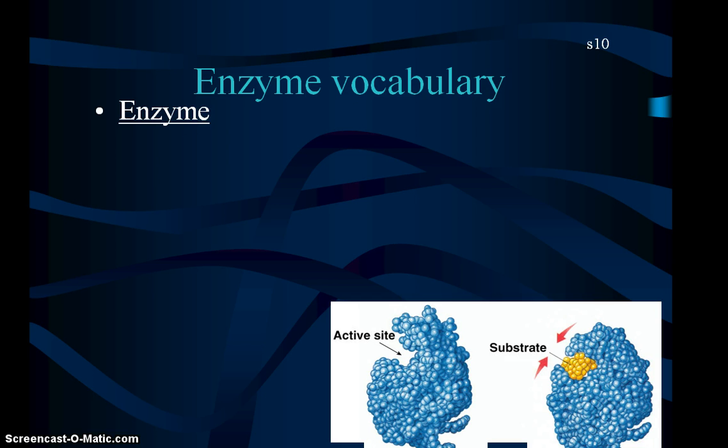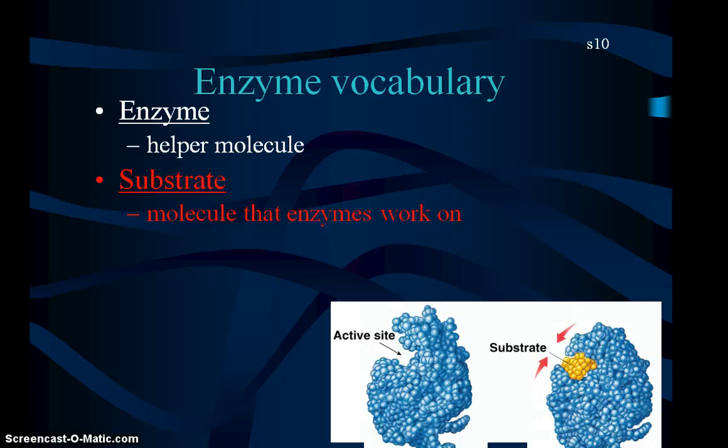Okay, there's some words that you need to know. Obviously, enzyme. You need to know what a substrate is. That is whatever the enzyme is going to work upon. So if you're breaking down sugar, sugar would be the substrate because an enzyme is going to act with the sugar. If you're breaking down fat in your body, then the fat would be the substrate because that's what the enzyme is going to work on. So again, if you look at the picture, here's an enzyme, and this is whatever it's going to break apart or build, okay, the substrate.